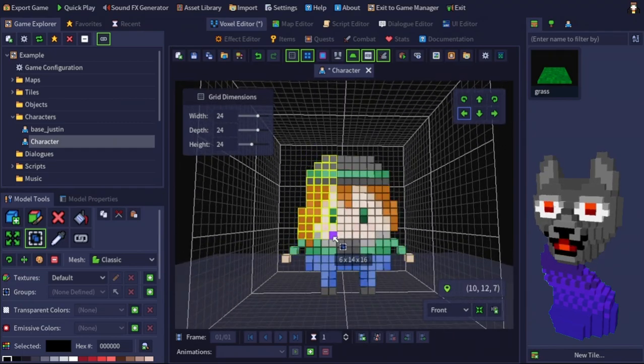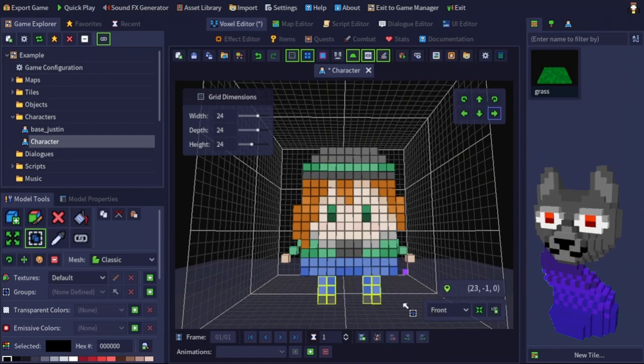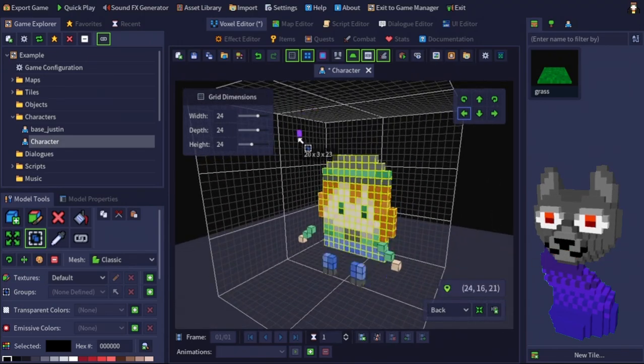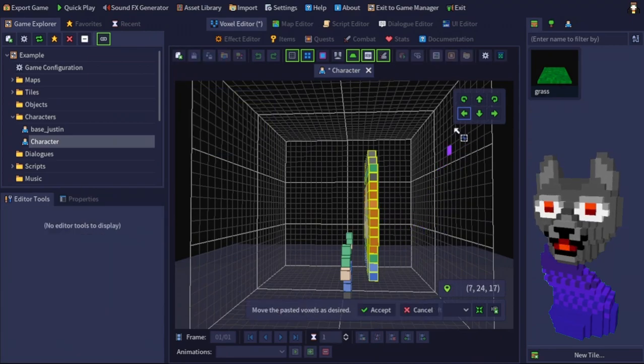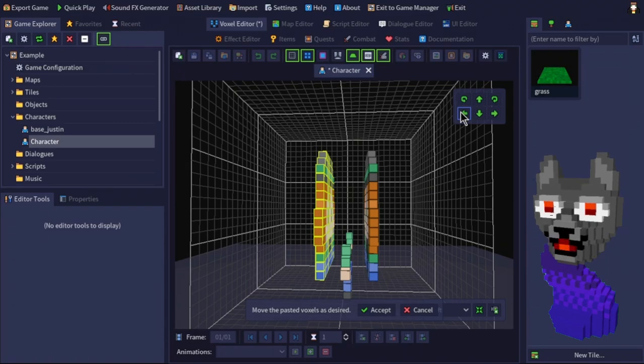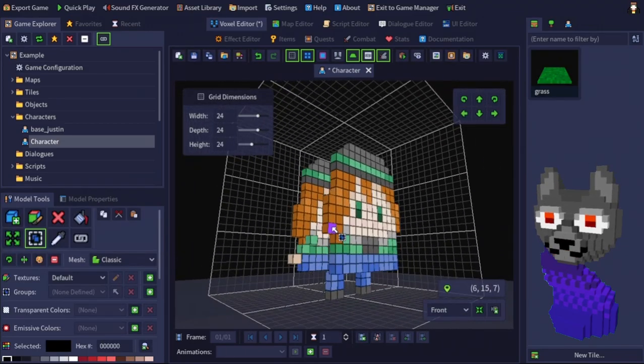Next, I'll select the body section of the sprite, leaving the arms and legs unselected, and will move the body a few pixels closer to the front. With the body of the sprite still selected, I will press Ctrl+C and Ctrl+V to make a copy of it. Then, while still in placement mode, I shall move the copy of the body a similar amount in pixels in the opposite direction.